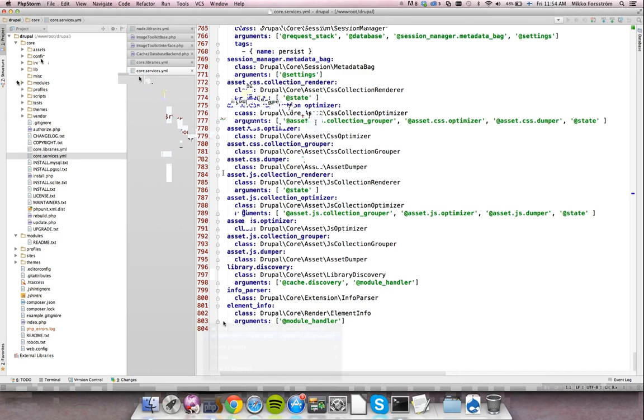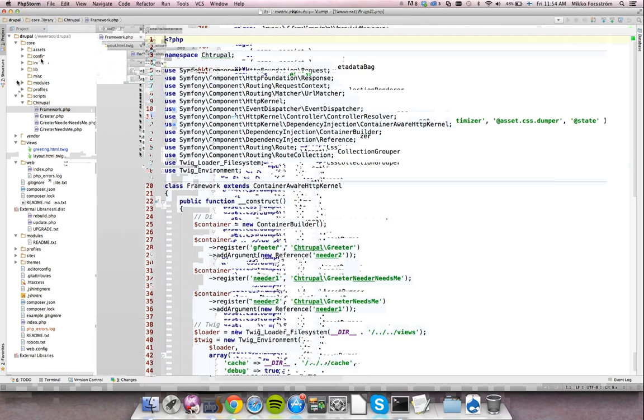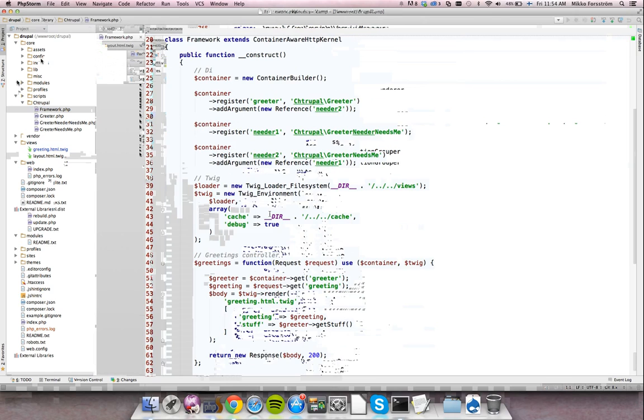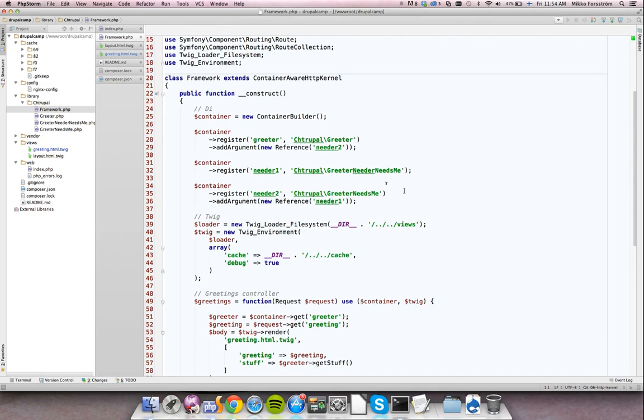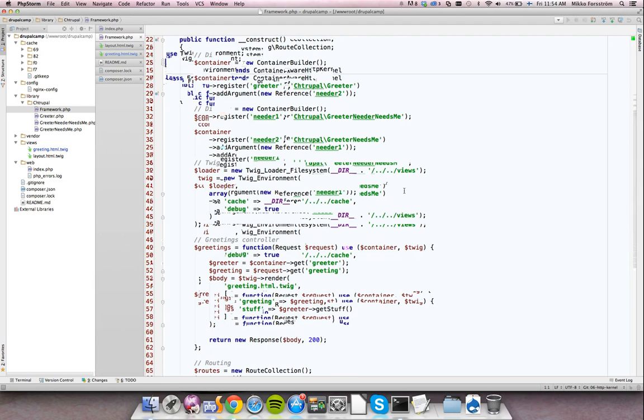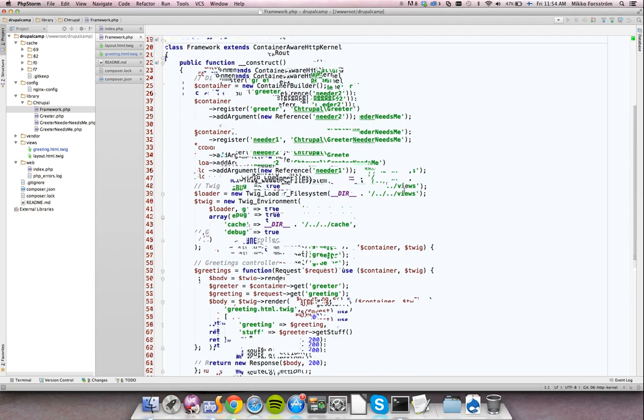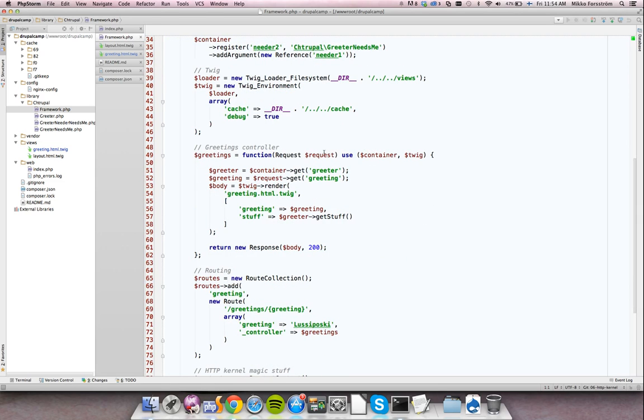And all my logic is now in the Drupal framework. Of course, you wouldn't do this with hand-coded parameters in the constructor, but it's just to demonstrate that you would have config parsers and all kinds of stuff, but you just simply configure everything,